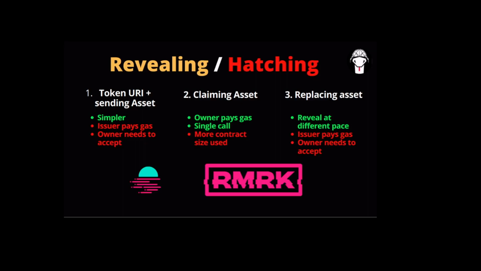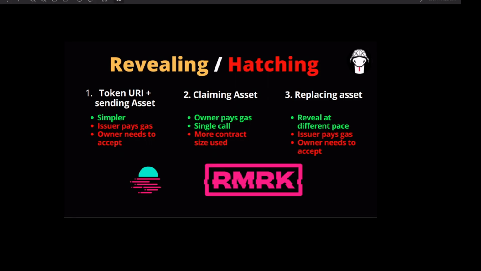First, I want to explain 3 ways you can do reveals using Remark. The simplest one is to have a fixed token URI. That means all the tokens will have the same one. When it's the time to reveal, you as the collection issuer will simply send a new asset to every NFT with the revealed version. The Remark protocol should fall back to token URI if a token has no active assets. When the user accepts the asset, this is what will be shown. In our case, we could have a bit of logic for token URI, so it returns one of the 3 versions, according to the rank. Although that's the simplest way, we won't do it for these contracts. We already added an asset according to the rank on the mint.